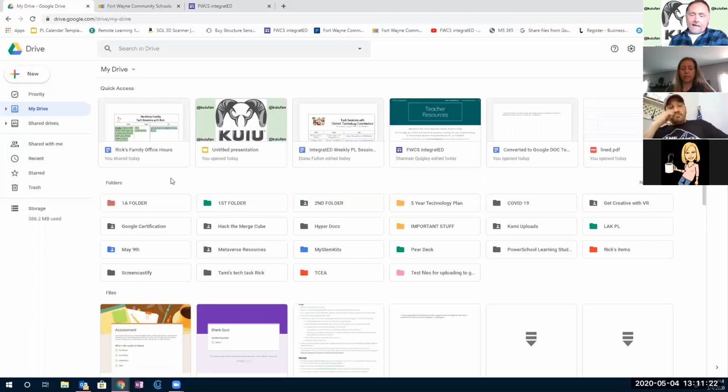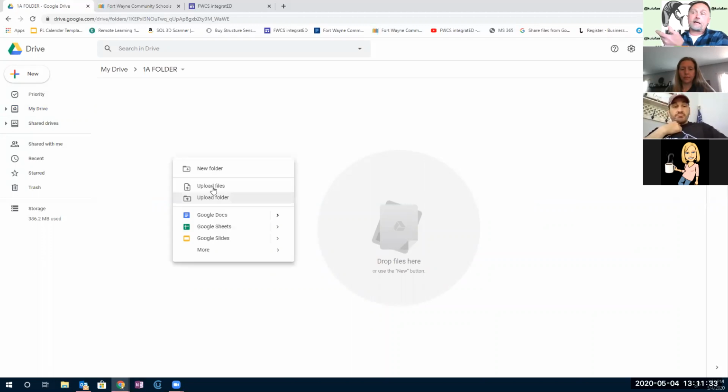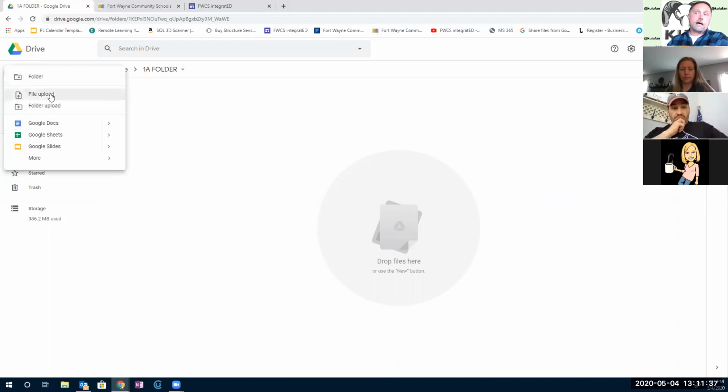So how do we add files? All right, so it's as simple as if I've created a folder, I can double click on that folder, and I can do the same thing here. I can right click and I can upload files to it. I could say new, I could say upload file. So I'm going to do that. I'm just going to grab a file off of my desktop. So if I say file upload,